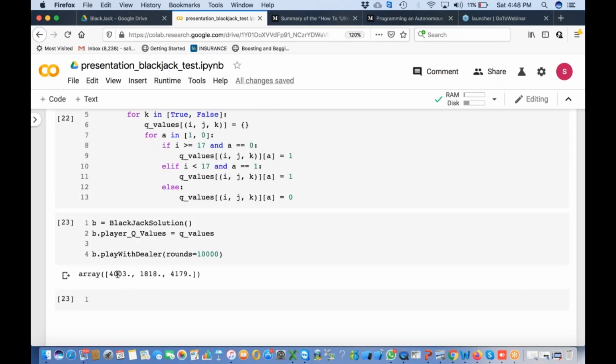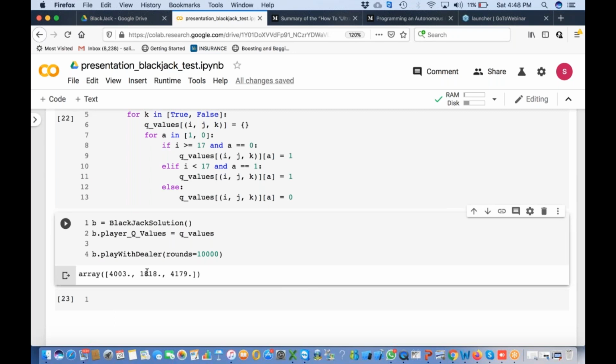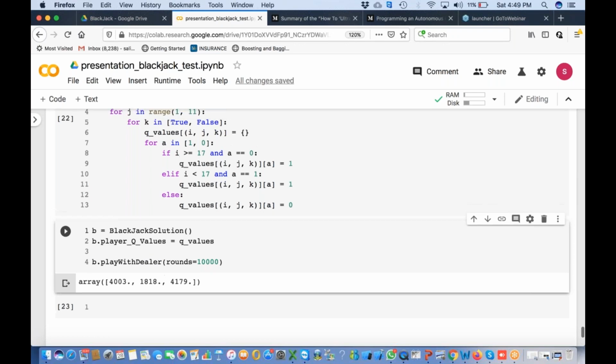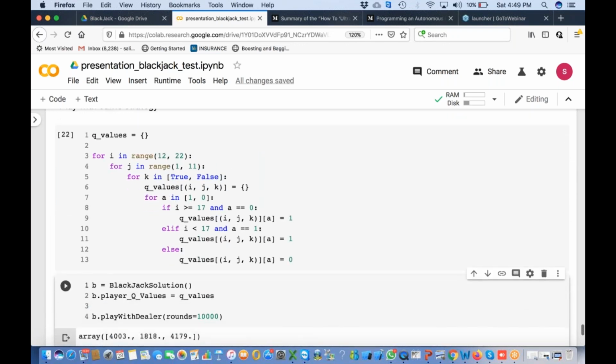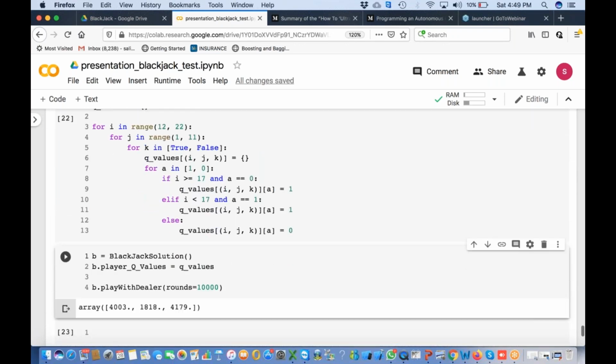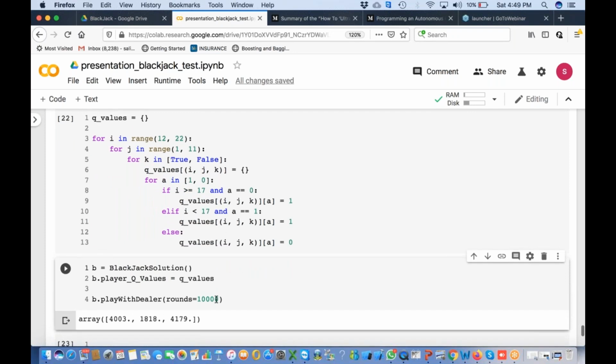See this array that you have, 403, 1821. Now I am running it for another round. So who's winning how much? This is the player with the dealer, 1000 times, and this is what we get. 4003. Who's winning 4003, dealer or player? That's the dealer. Now I run it another 10,000 times. Let's see what happens. Now it's 4064, 1710,